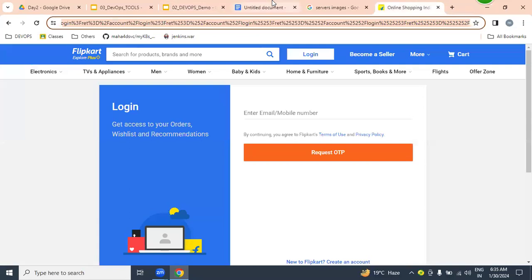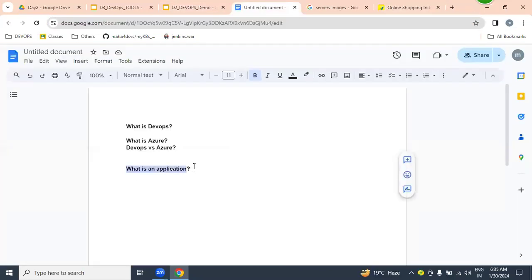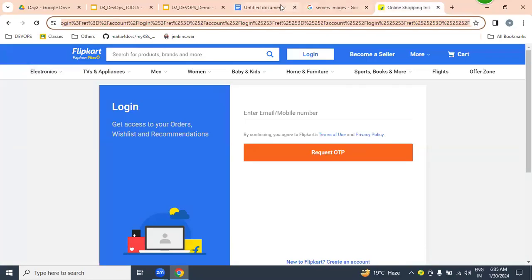The working software, which is written in any programming language, we call as an application. That application, we can deploy as a service and we can access over the internet.